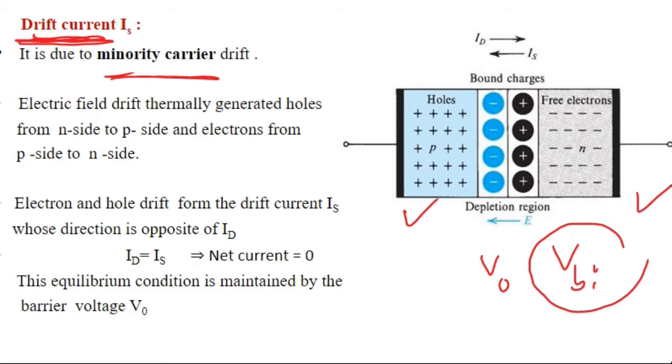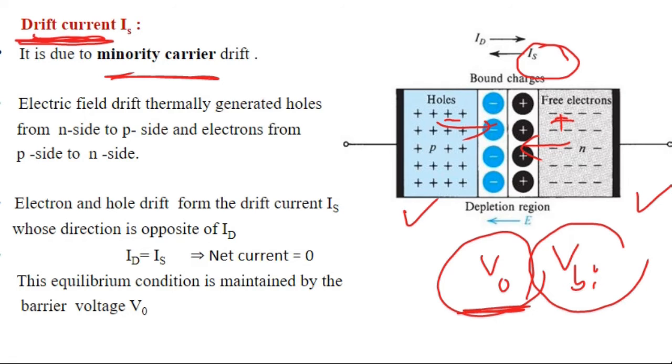Now what are the minority carriers inside p-type and n-type? In p-type it is free electrons, and in n-type it is holes. And how are they created? They are created thermally. They are the thermally generated holes and electrons because of the potential, because of the energy, that is V0. So what V0 will do is extract electrons from the p side to move across the junction, and holes from the n side to move across the junction. So here electrons take part in the movement, and here holes, which gives rise to a current known as the drift current, which is represented as Is.